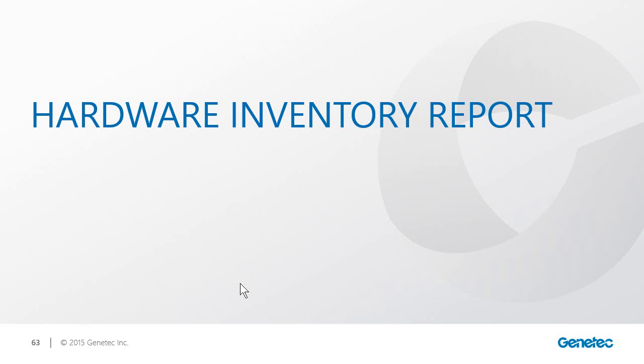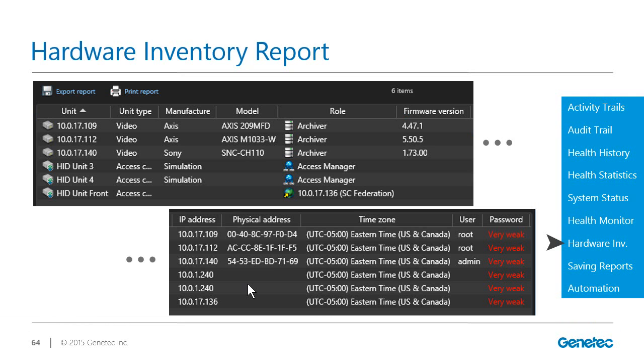Alright, there's one last system report that I want to cover, which is the hardware inventory report. It doesn't really help us for troubleshooting, but it does give us some important system information. I broke it up since it's quite a wide report. There's a lot of information there. So for this report, we can see any details that we might need about the actual hardware that we have